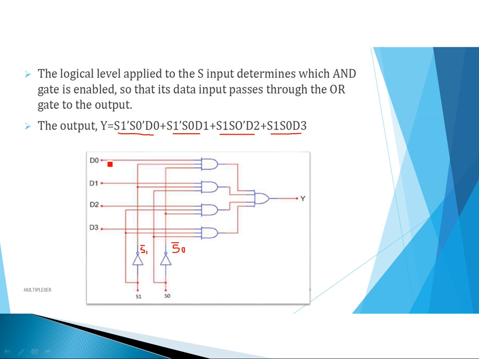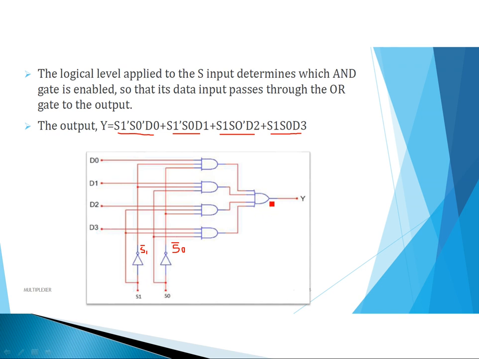The first input for this AND gate is D0, the second input S0 bar, the third input S1 bar, and for the second AND gate D1, S1 bar and S0, and for the third AND gate D2, S1, S0 bar, and for the fourth AND gate D3, S1, S0, and the output of all these AND gates are connected to